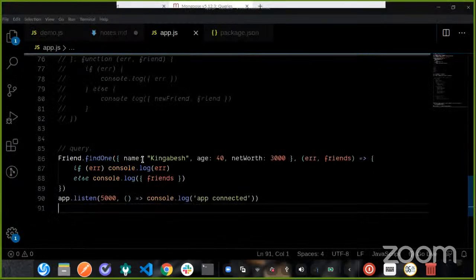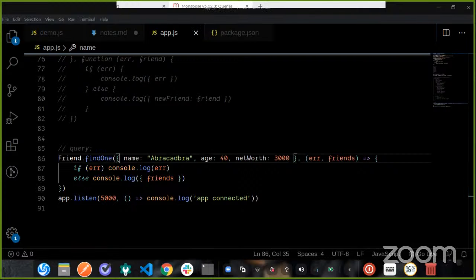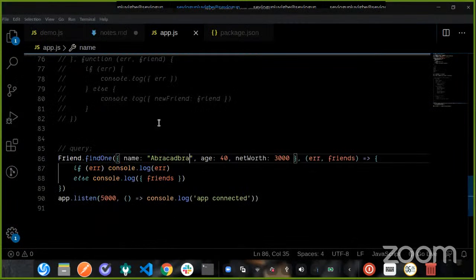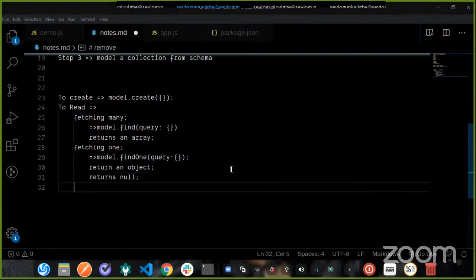Let's try looking for a non-existent name here. Let's just say name is Abracadabra. And we don't have a friend called Abracadabra. So friend is what here? It's null. Right. So it's either going to give you an object or it's going to return null. All right. So the other one is